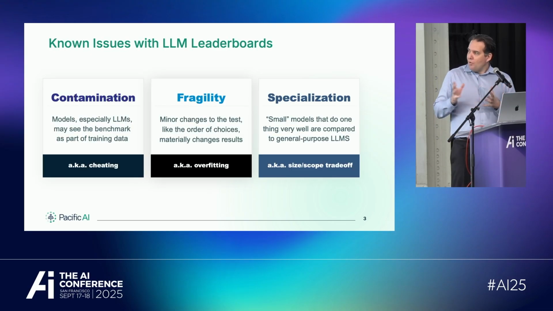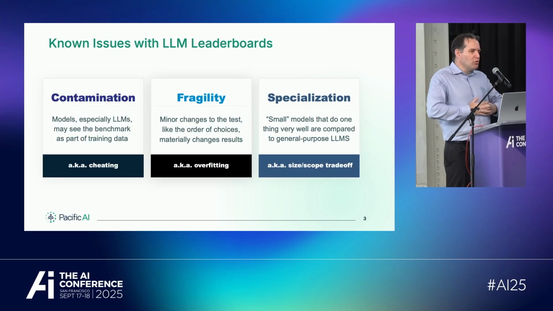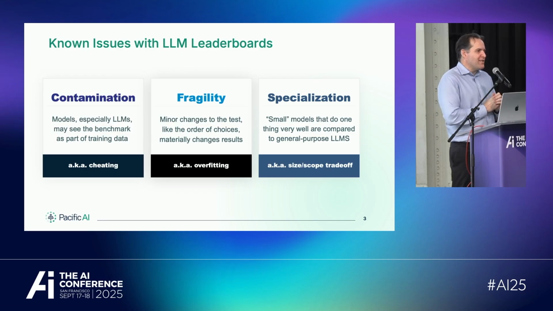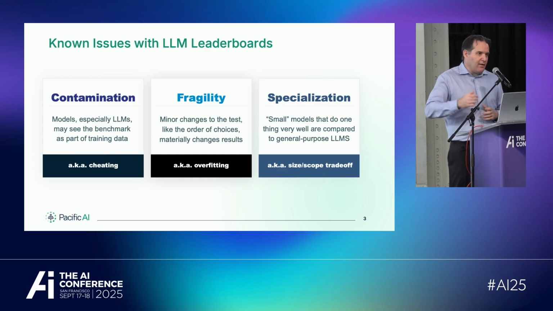So one of the main things to notice is if you really want to know if your system is working, what you don't want to stick with is public benchmarks. Those are great for marketing, great for leaderboards, but not so great if you really want to know how a system behaves. And the main three issues that you're going to face are really what's here: data contamination, which basically means that you have models that were trained on the test data because they want to look good in marketing.